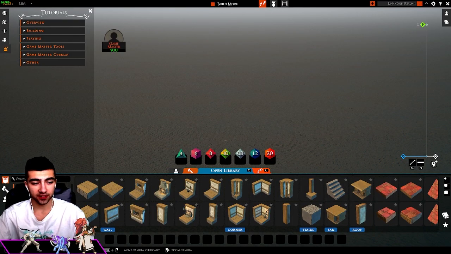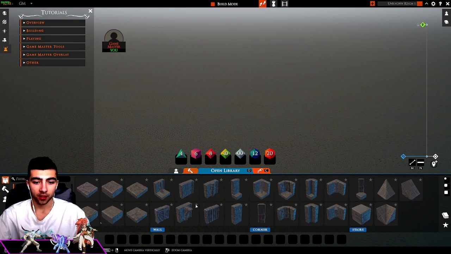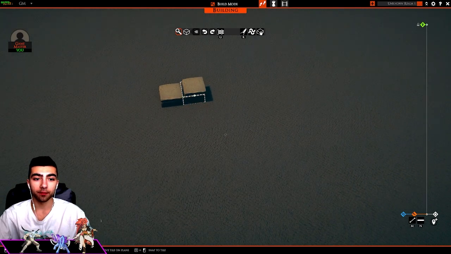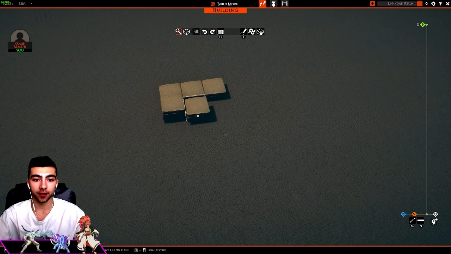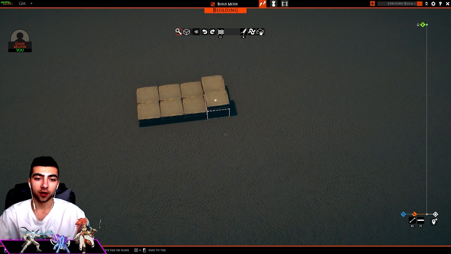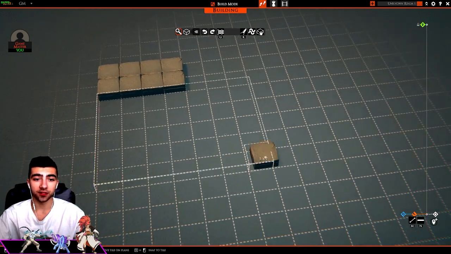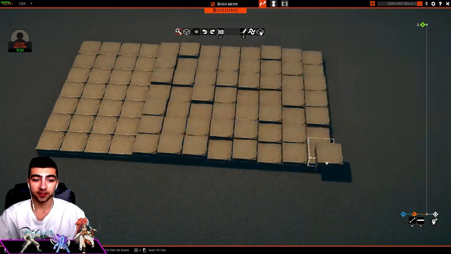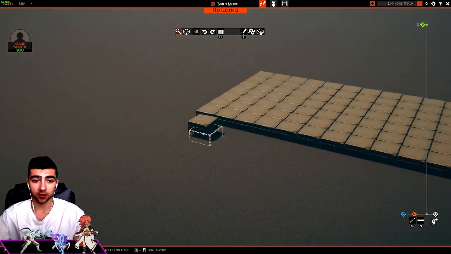Let's just do a very simple cave. Down here on the bottom, you can see we have our rock blocks. Pull a couple of these here, and what I was worried about when I was first getting into this program was I thought you would only be able to place one at a time, but Talespire are a bunch of geniuses and have it so you can do multiple squares at a time. So very easily you're able to make quite a large area